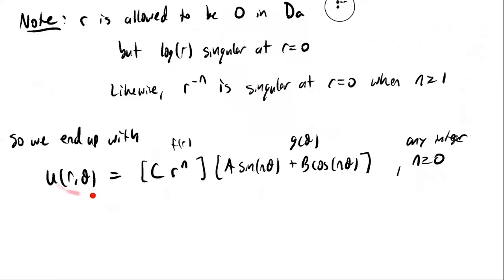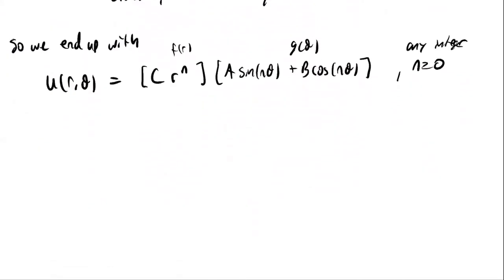So we found a particular solution, ignoring the boundary conditions. But we found a particular harmonic function in the domain for each integer n. And so to get a more general formula, we want to sum over all n bigger than or equal to 0. So this leads to the more general solution formula,